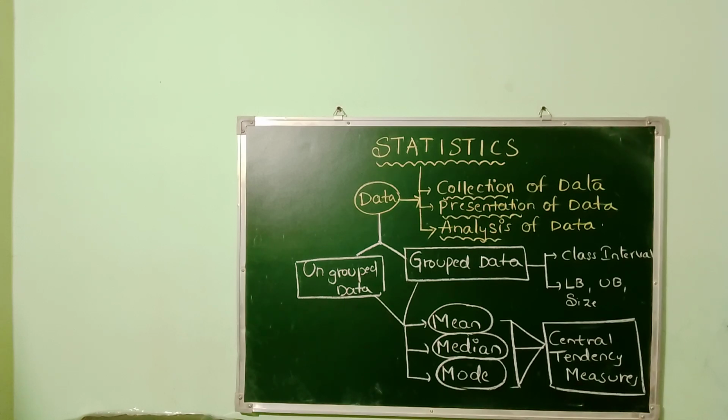And whatever the data that has been collected by an observer, it should be handled in three stages. First of all, collection of data. Second, whatever data we have collected must be presented, so the second stage is presentation of data. The first stage is collection of data, the second stage is presentation of data, and the third one is analysis of data. Analysis means what are the different ways in which we can analyze the data, what are the different ways in which we can visualize the data. So the multiple ways are nothing but analysis.